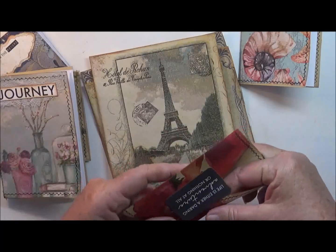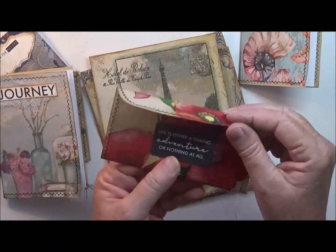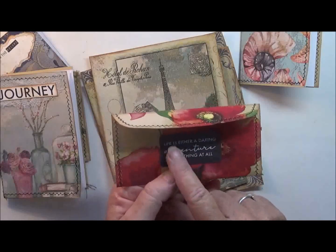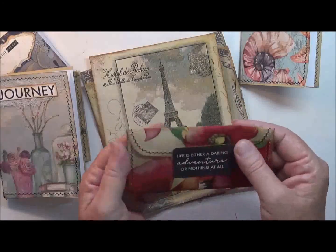Don't tell me I stuck that down. Oh, close. That was close. I thought I'd stuck the whole lot down underneath that. This here just says life is either a daring adventure or nothing at all. So that just flips down behind that little